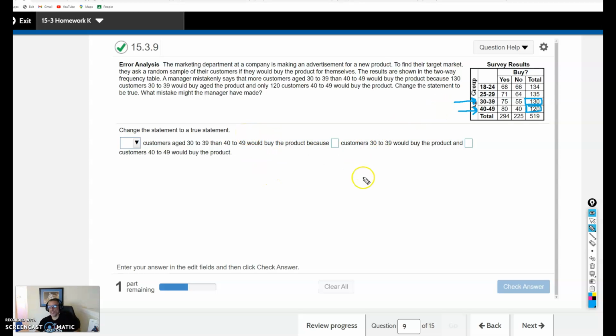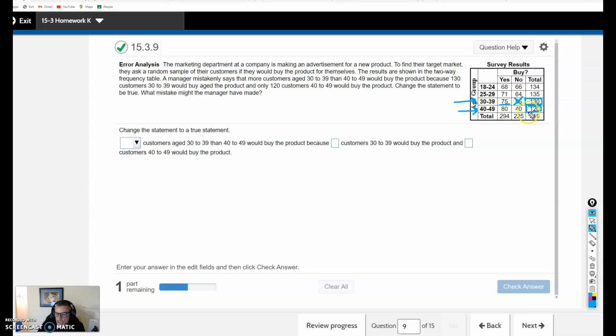Okay, so looking at this, the first time I saw this, I was like, what's going on here? That looks right. Well, these totals over here represent the total number of people. I'll just use 30 to 39 as the example. This is the total number of people aged 30 to 39 that were asked the question, but not all of them said they would buy the product. 75 said they would buy it, but 55 said they wouldn't. So the manager is looking at the wrong number. He's looking at the total number of people that were asked the question, not how many actually said they would buy it. So only 75 people, 30 to 39, said they would buy it,